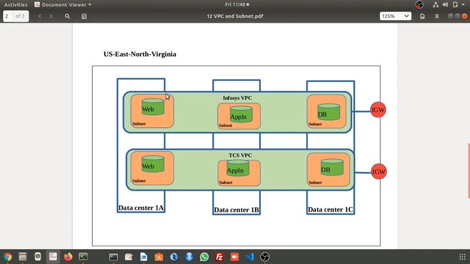Okay. So now how did it happen? First, our connection reached this internet gateway. In the internet gateway, we have defined a traffic rule in the routing table. We have defined 0.0.0.0/0, which means from any other network.